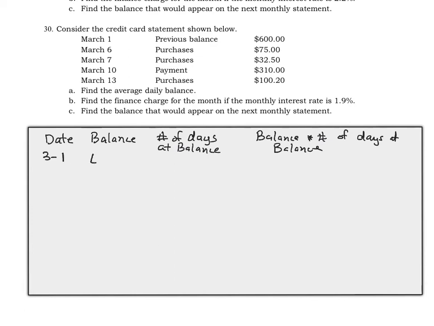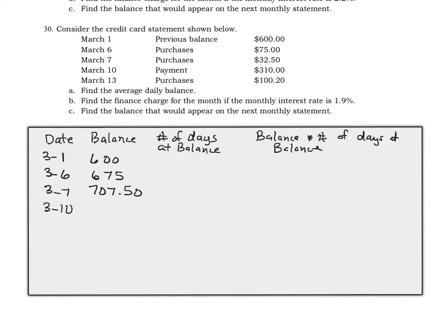the balance is $600. And March 6th, you have a purchase of $75, which will make that balance go up. You have another purchase on March 7th, and that will go up further by adding that $32.50. And then you have a payment on March 10th, so that means we'll be subtracting the $310 from that balance,